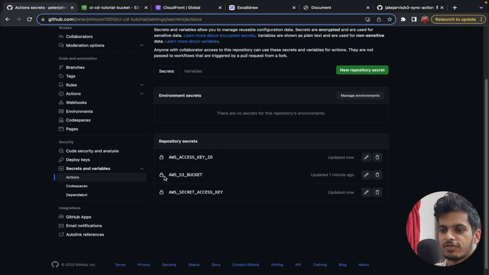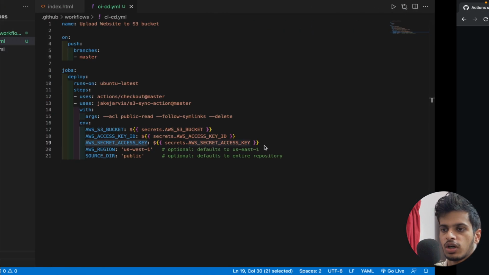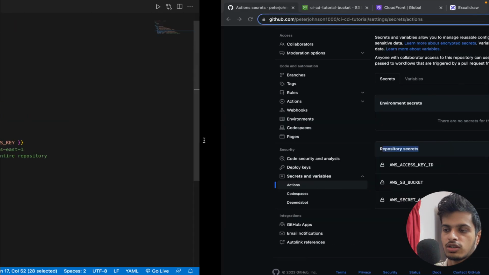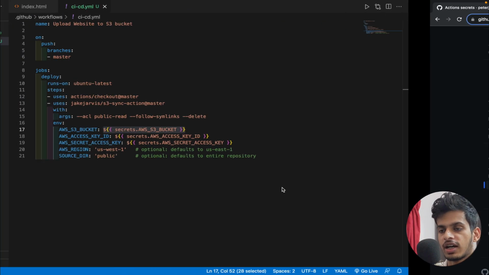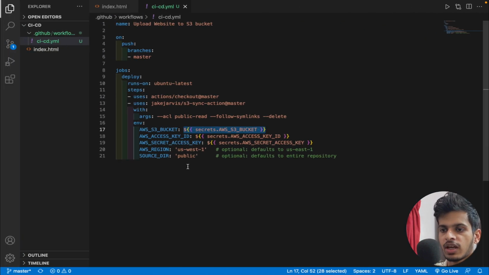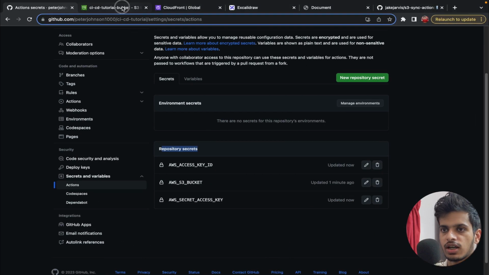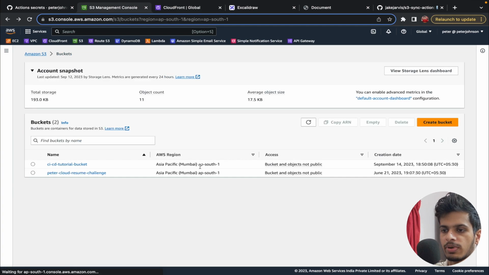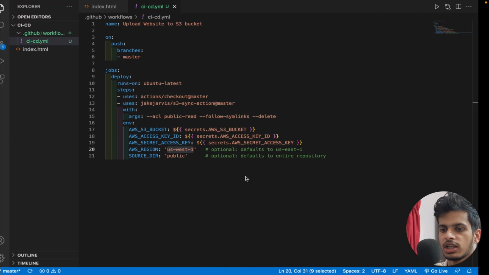Alright guys, I have created all these different environment variables, that is repository secrets in GitHub terms. So whenever this particular action or workflow is being run, GitHub can automatically refer to this particular data, and things are going to work fine. And here I'm going to change the AWS region. I guess, where have I put the bucket? So the bucket is deployed at this particular region,